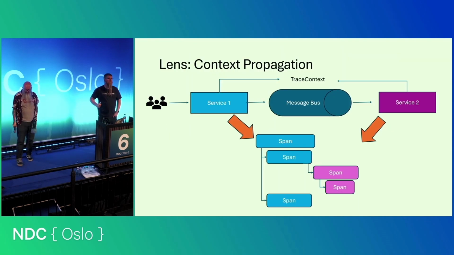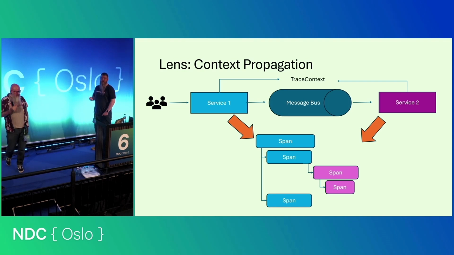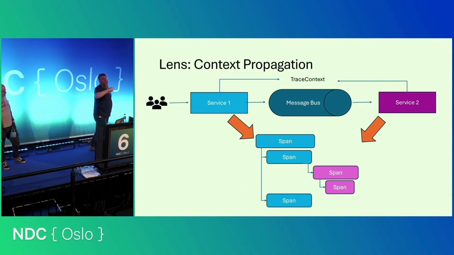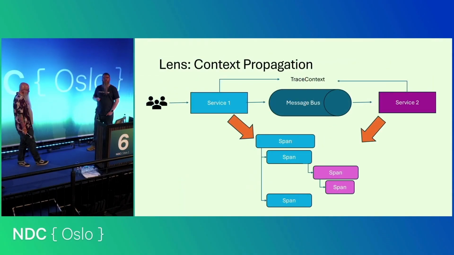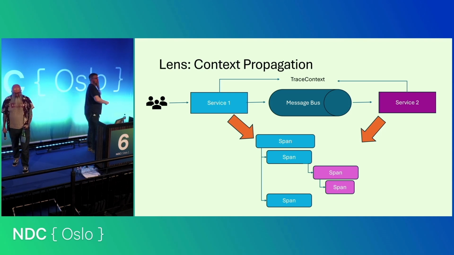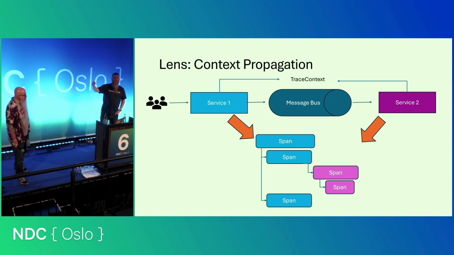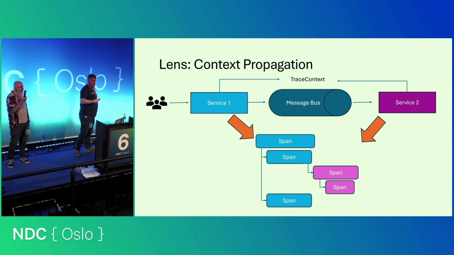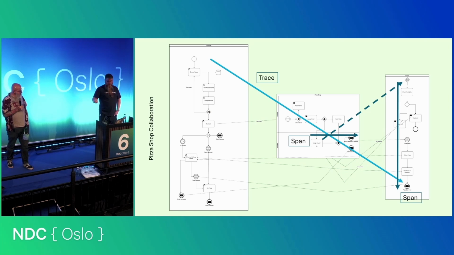And that is where a trace waterfall comes in. It's one view of telemetry data. We'll talk about different ways that we can use this, but a trace waterfall will allow us to see the causality of each of these things. We can see that one action happened before another, but we can also see what caused another action to happen. This message that was produced by this activity caused this service to do this activity. And we can build those and model those and be able to see what would be a full trace diagram like that.